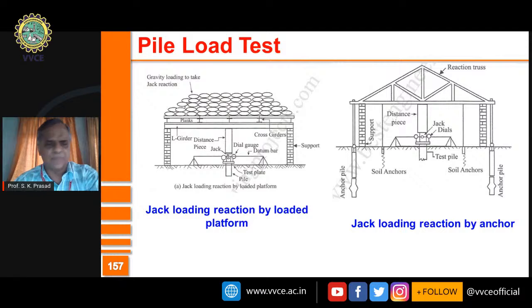So this is the other type of picture which talks about a pile which is being tested. On either side you have the support, and hence you have a regular platform, and then load is applied. This is reaction loading, and you can see that a truss is there to take the reaction, and there is a jack. It's going to push, and the truss is going to have an indirect downward force.